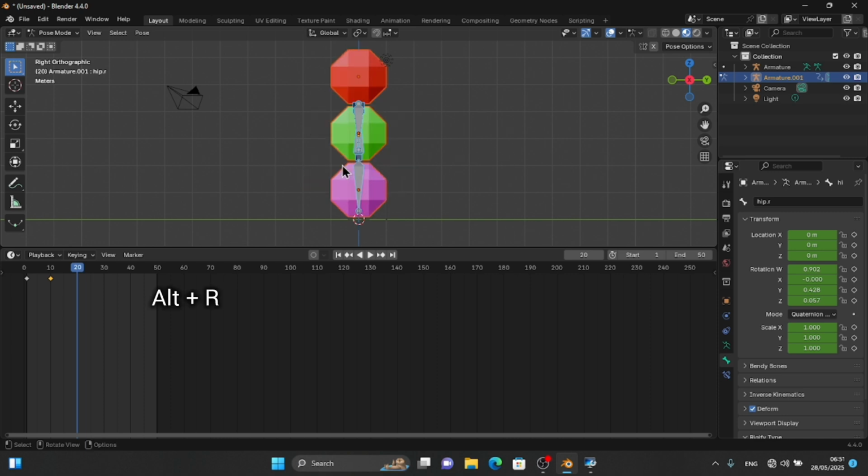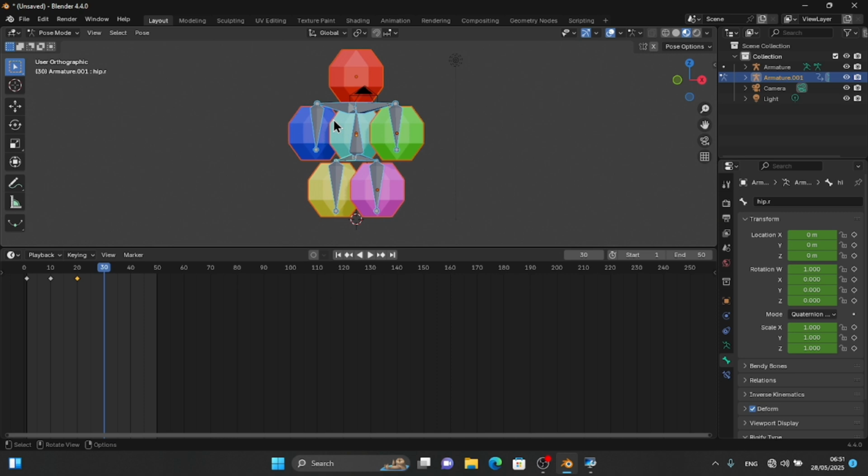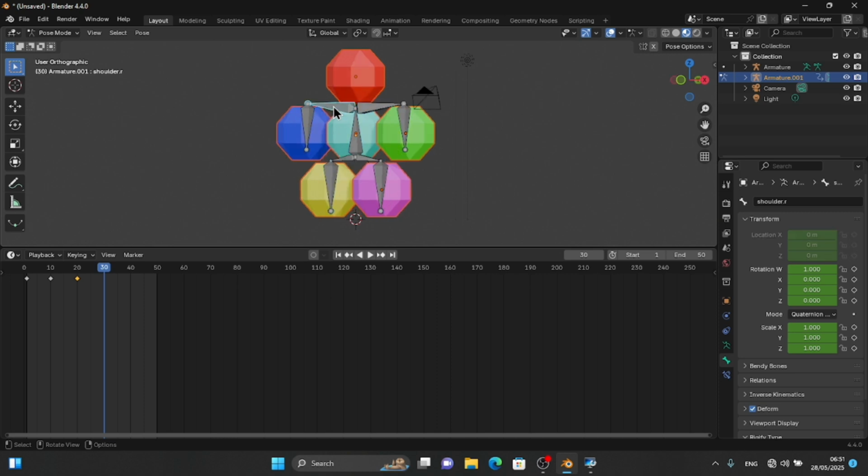You can see the animation here is very easy with the rigs and bones, right? So I need to add another keyframe from here. Since all the bones are already selected, I'll just press I, right? I've added a keyframe there. So I'll go to frame 30, and then this time I'll still press 4 and then select this bone, press